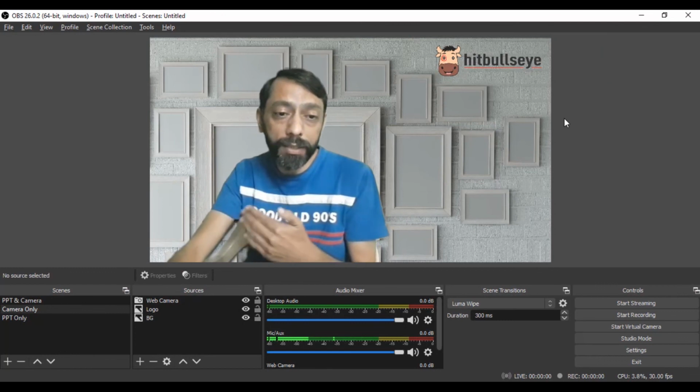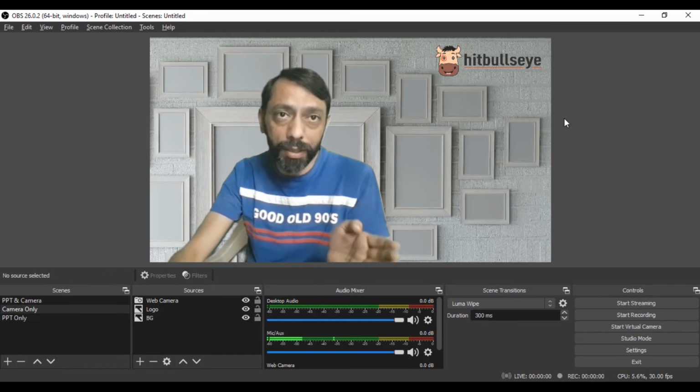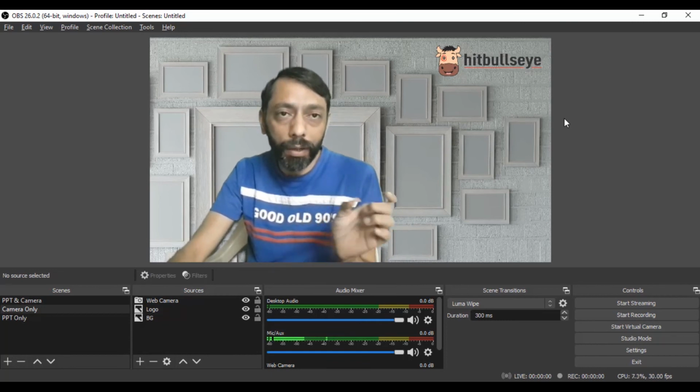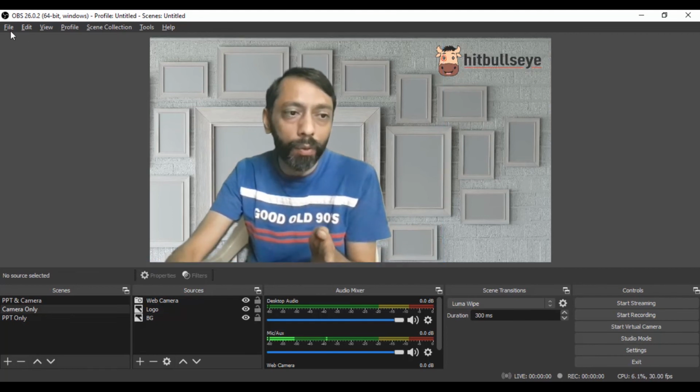Why does OBS record it in the FLV format? For the simple reason, if the window crashes in the middle, or something happens with your software, the FLV file is saved to that extent where the window crashed. If you are recording in MP4 format directly, your entire video will be gone. So that is why we record it in FLV format,